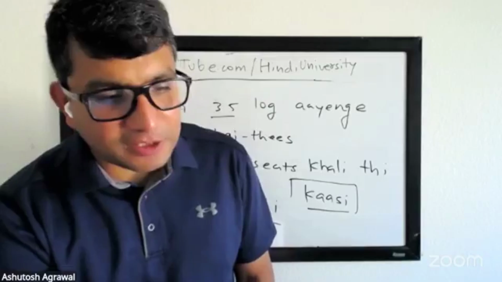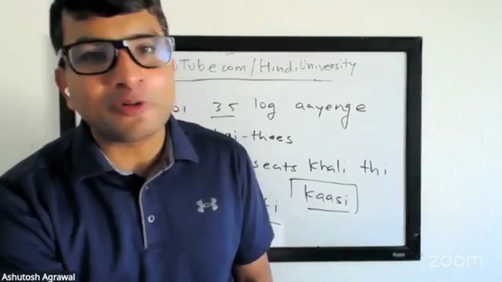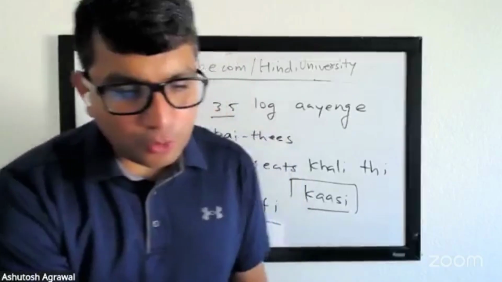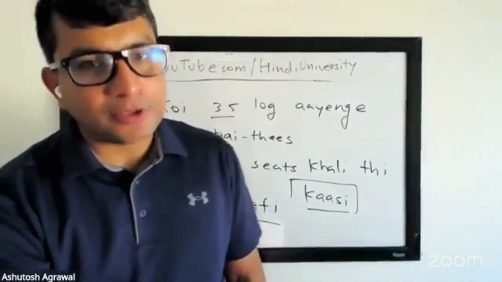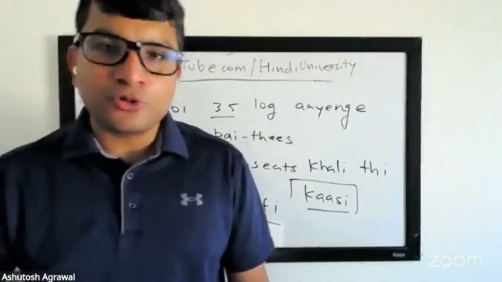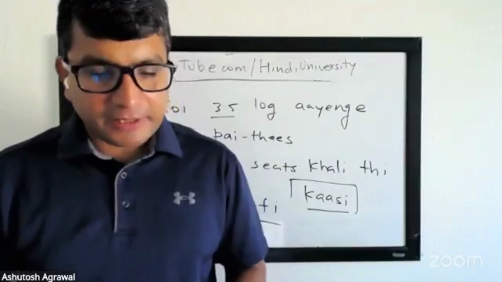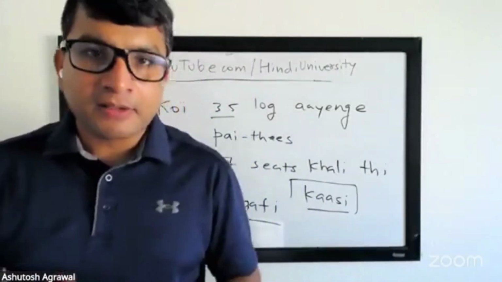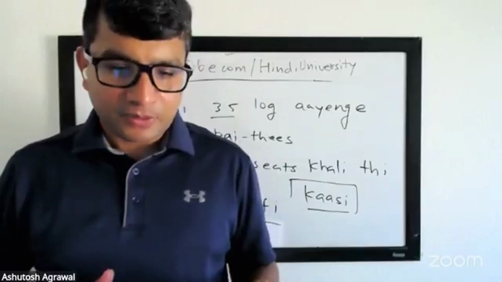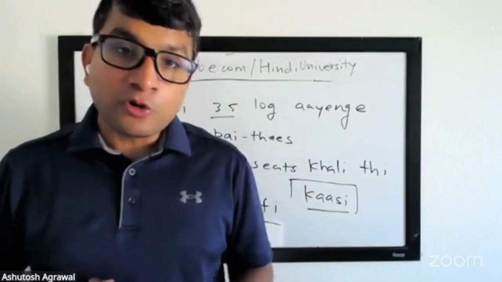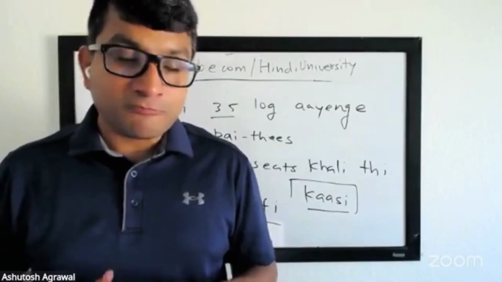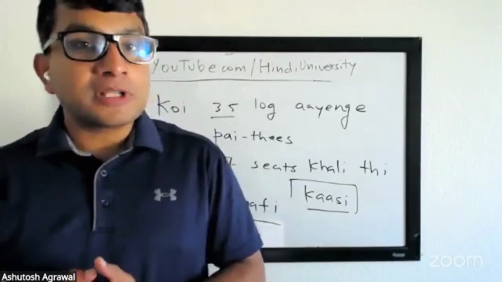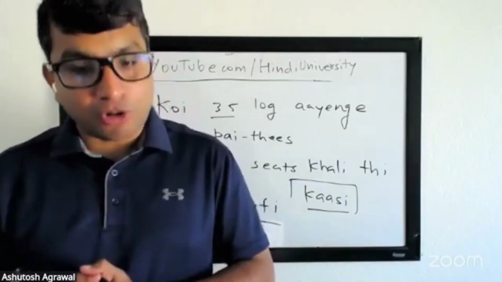Most native speakers will use it without even knowing the subtle difference between them. So unless you want to be super precise, it's totally fine to use them interchangeably, right? But the subtle difference I mentioned was: koi is if you want to be vague. Koi 50 log, okay? When you want to be vague. When you want to be less formal or very casual, which is used on a day-to-day basis, lagbhag is used a lot in a casual conversation.